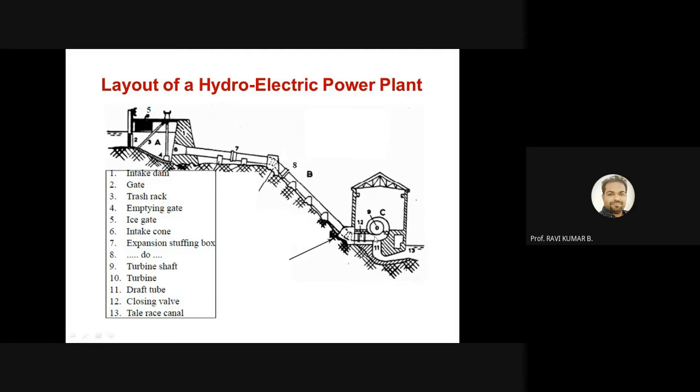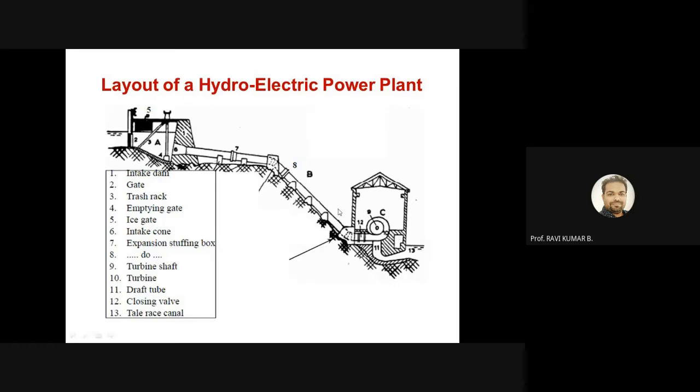So this is the turbine shaft. You look at this, this is a turbine shaft. This entire setup is called the turbine. And finally, once you have utilized the kinetic energy to generate the mechanical energy over here, the rest of the water has to go to the river. So this 11th portion that you are seeing is called the draft tube. The draft tube is basically the passage to send the water back to the river. So it will go like this. Then finally, it enters into the canal. So there's a canal or river which it is entering.